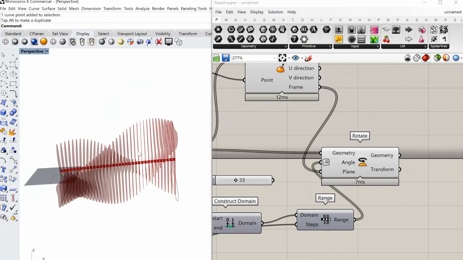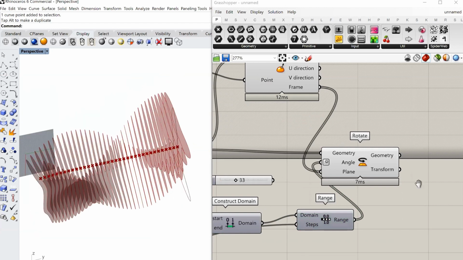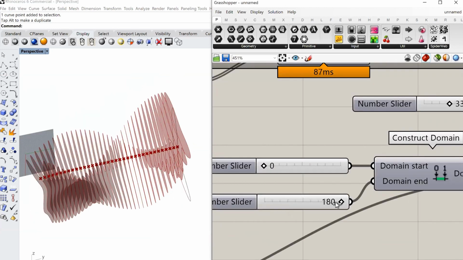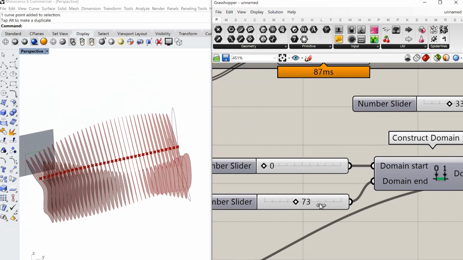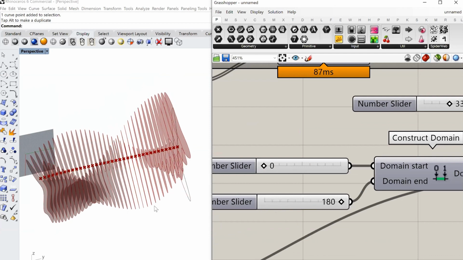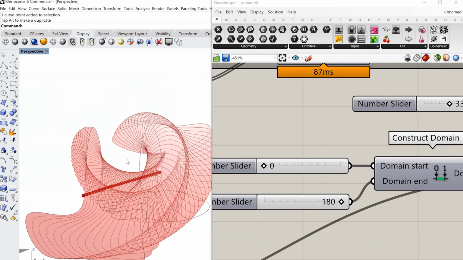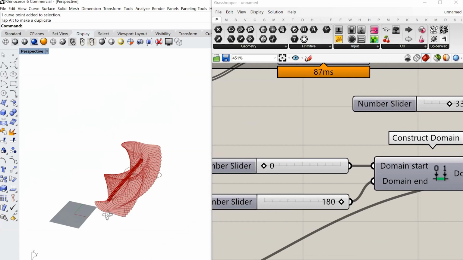So what you see here is all the geometries are variably turning by a particular angle, which I can control here. So I can pretty much do a twist into 180 degree of this entire geometry.